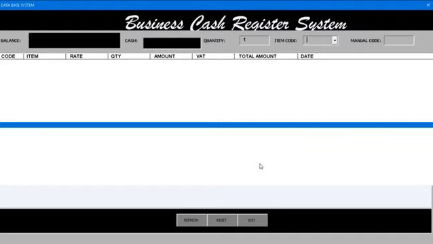In this video I want to show you how a simple cash register system can be developed. This is a cash register that can be used in a shop or a mini supermarket. Here I have the header, which is written business cash register system, and here I have